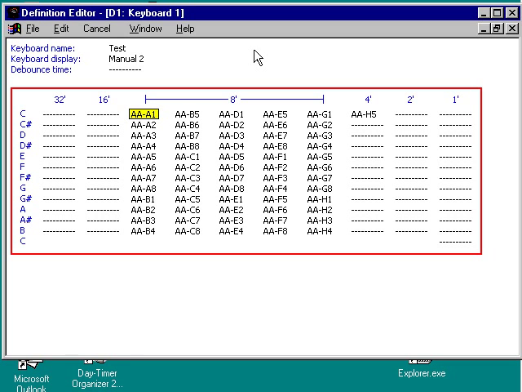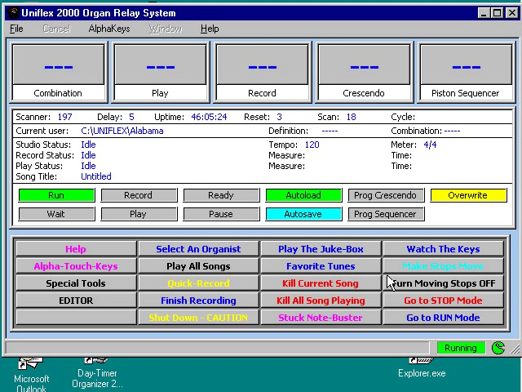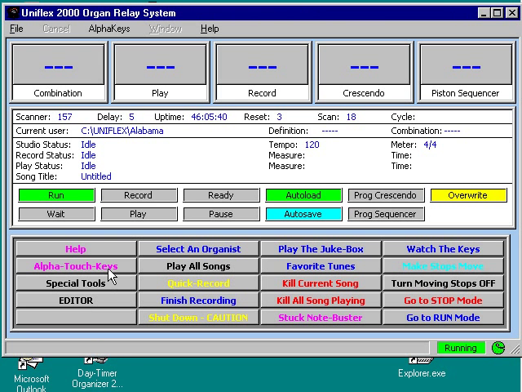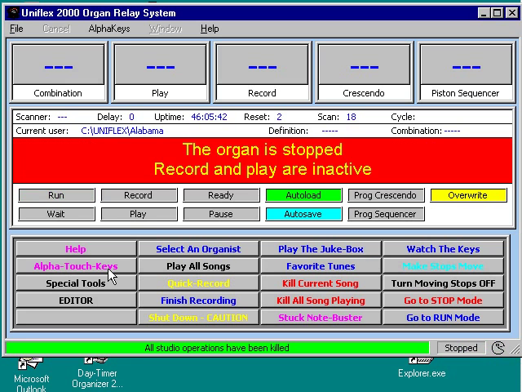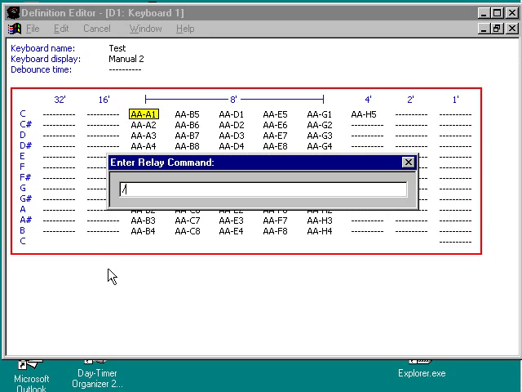Now we can test this by tabbing back to the stop mode and typing run, and then come over here and click on our watch the keys, and you'll notice now we have a running organ definition with one keyboard, and we're able to display keys. So now if we close the window, type stop, and then tab back into the editor. Okay, now we've added the keyboard. We're done. So now if we go back to the menu,